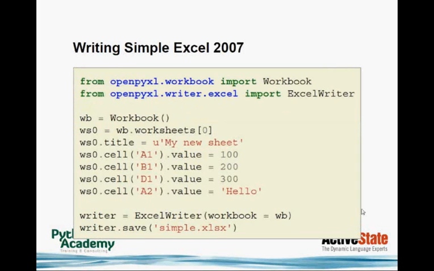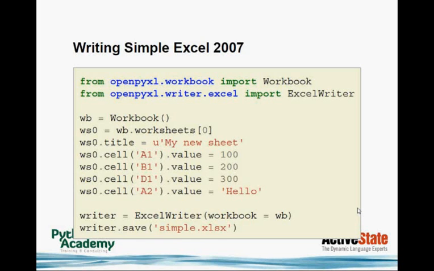Okay, that's Excel 2003, but in the next slide we see that we also can do this for 2007, because Excel 2007 is very different. It's a different file format. 2003 is just a binary file, and 2007 is an XML file. And for this, there's a new kid on the block, a new library. It's called OpenPyXL. And this is one library that's useful for writing and reading. So the other time we had 2 libraries. Now we have only 1. And this one can work with Excel 2007. And it's using XML parsing and writing in the background.